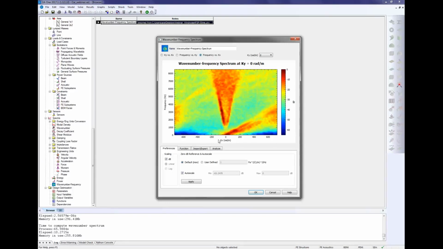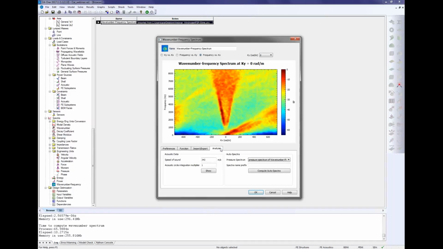The wave number along flow against frequency here directly. You can see quickly this conic area corresponds to the acoustic component, and this one on the right corresponds to the convective component. So you can see clearly now a typical turbulent boundary layer type of excitation. So the one we can find also in a wind noise situation. It's very typical results.